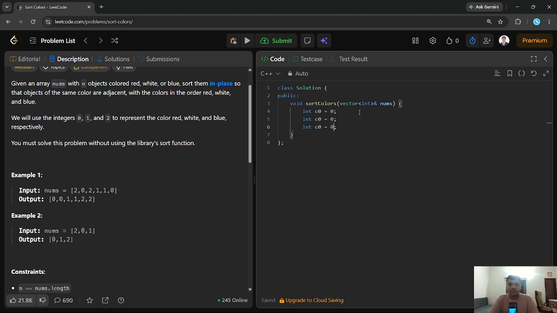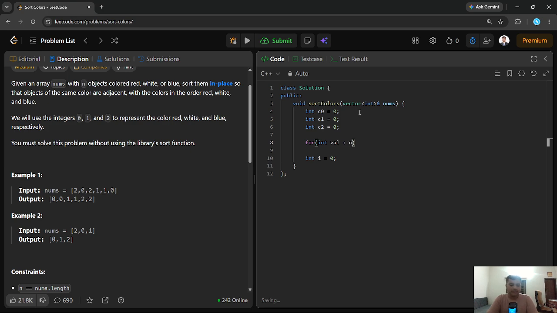And then we also need one index i equal to 0, and before that we have to store the frequency. So int value